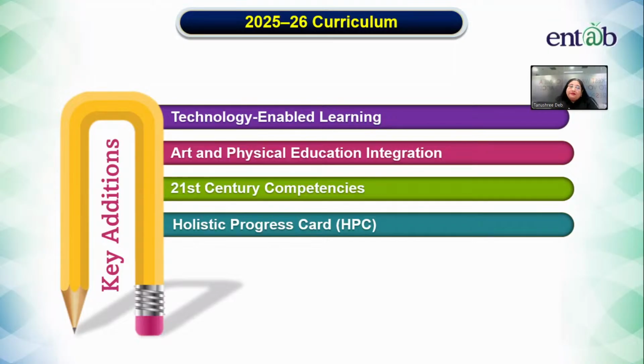Now, when I talk in terms of the holistic progress card, many schools have already started implementing HPC, and basically it can start from the foundational and preparatory stage, because suddenly for children who are in grade 10th, replacing the traditional report card with HPC won't work. It will be a continuous process. Children who are in grade 1, smoothly as they move to the higher grades, their portfolio will get developed. So how does HPC need to work?